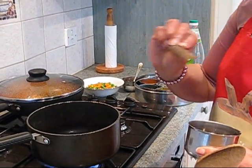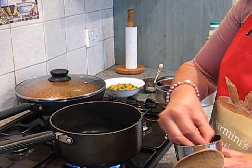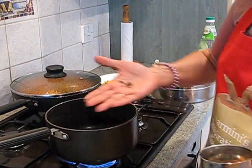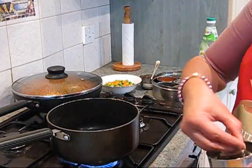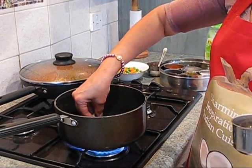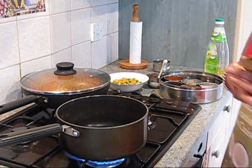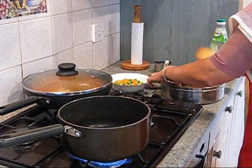We're going to put in about 1 to 2 inch cassia bark, then about 3 to 4 cloves and 4 cardamoms. These spices are very, very healthy. It helps in digestion, help in memory,